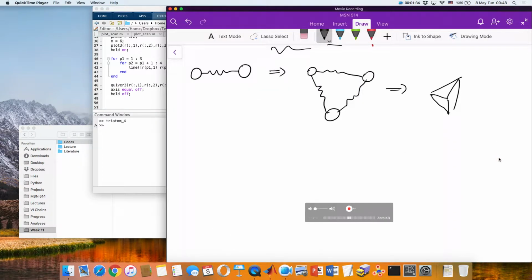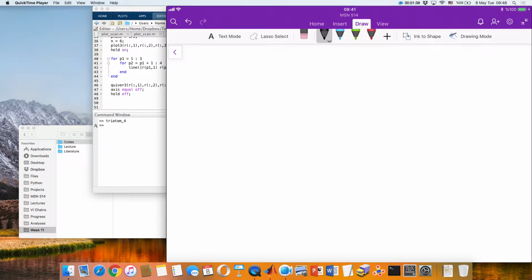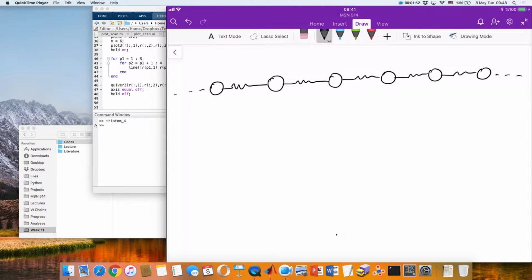Now I want to go to infinite chain. So, how do we deal with this system that goes to infinity? Okay. Any ideas? So there will be